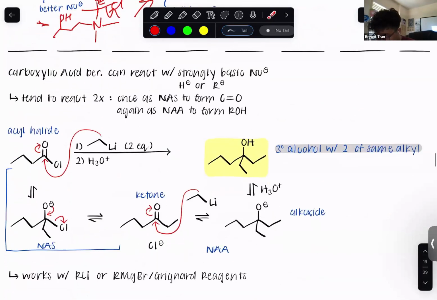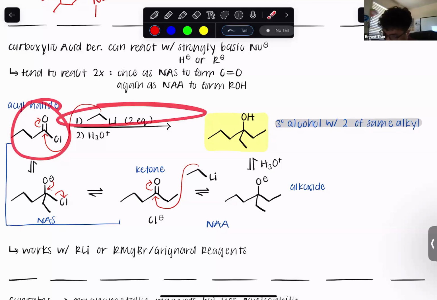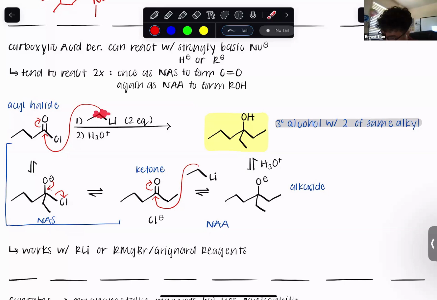Okay, so the next one is going to be talking about carboxylic derivatives reacting with strongly basic nucleophiles like organometallic reagents or hydride reagents like reducing agents. So this first one here, we have an acyl halide reacting with two equivalents of organolithium, RLi. It's like a Grignard reagent. The carbon that is directly attached to the lithium is negatively charged. That's the nucleophile. That's going to attack this electrophile here, push the double bond to the oxygen, get this tetrahedral